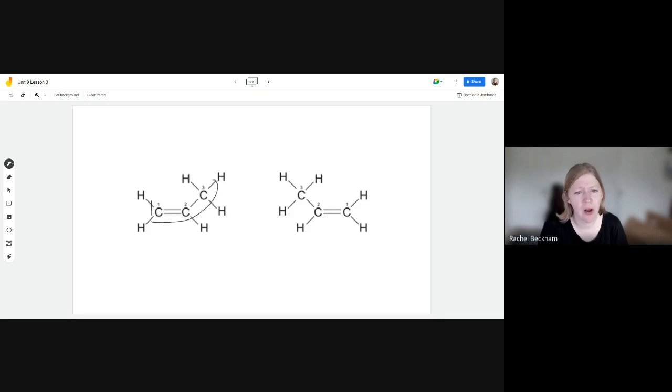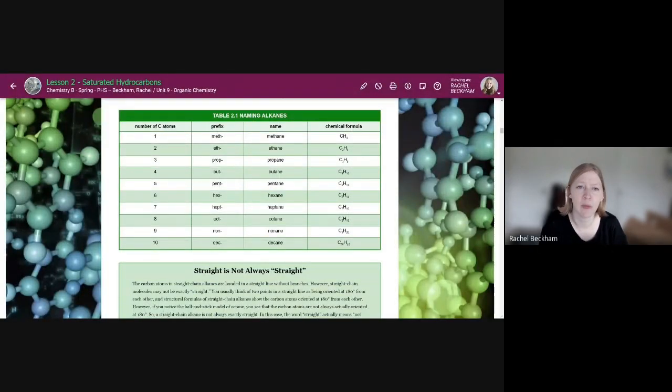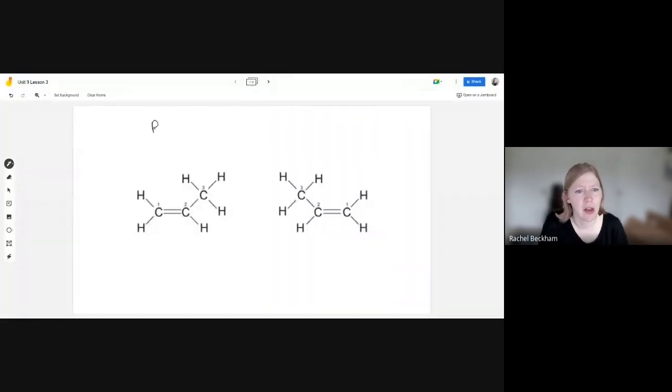This is all one branch. You might think that this is like the main parent and this is a branch, but you just find the longest line of carbons. And this is all one line. These are all connected together and there's no branches coming off of that, of carbons. So this is the parent chain right here. There are 3 carbons. And so going back to table 2.1, the prefix for 3 is pro, okay? So we're going to name this propene,